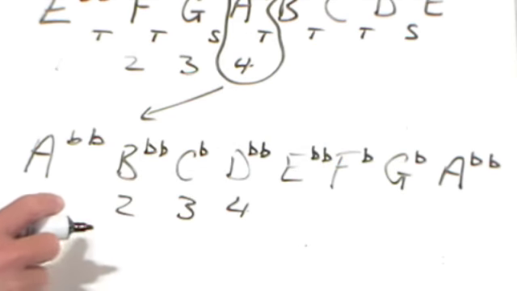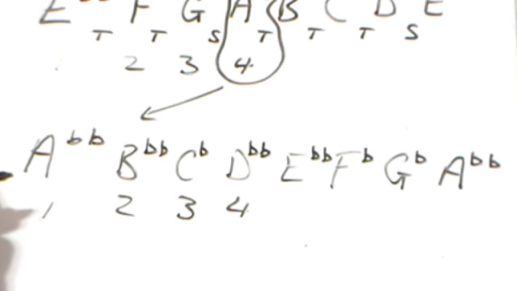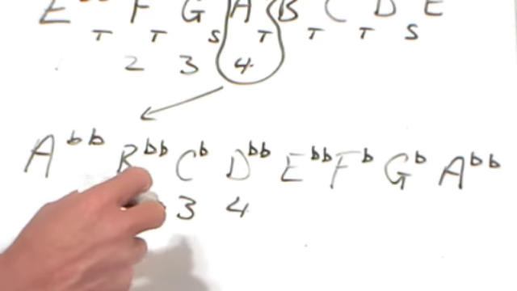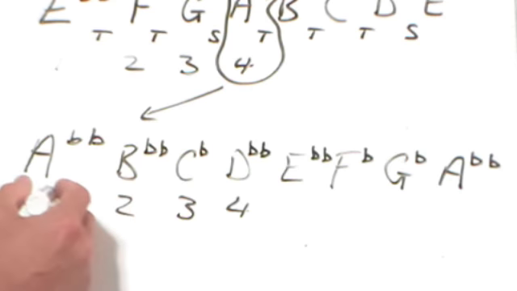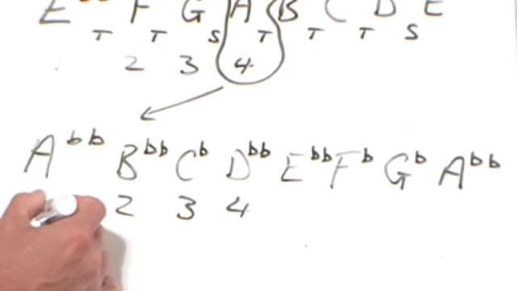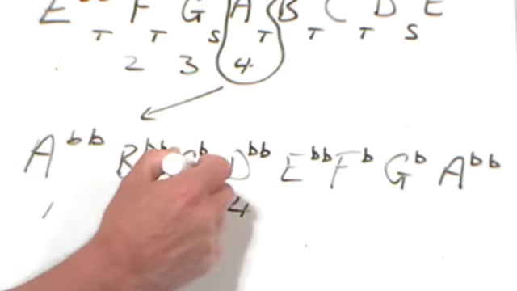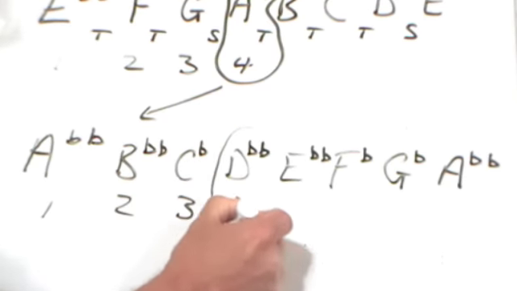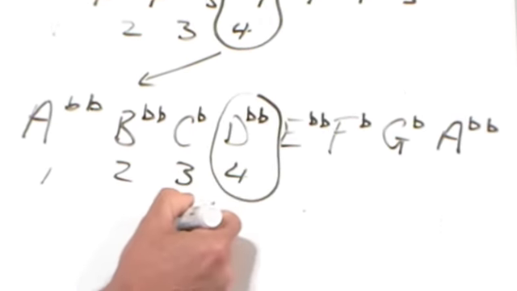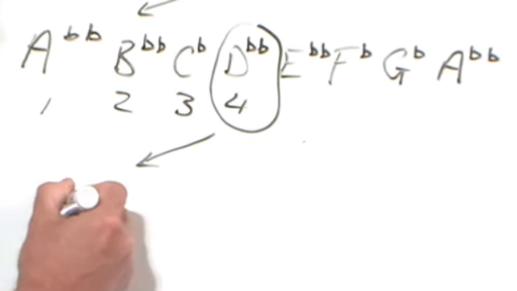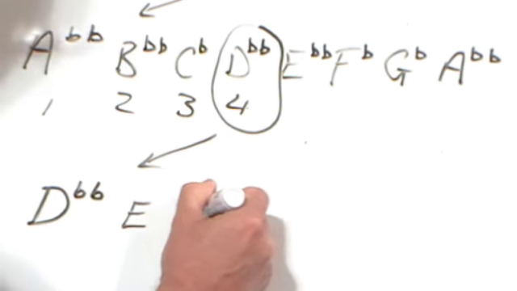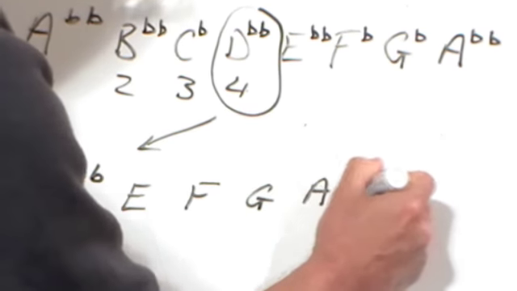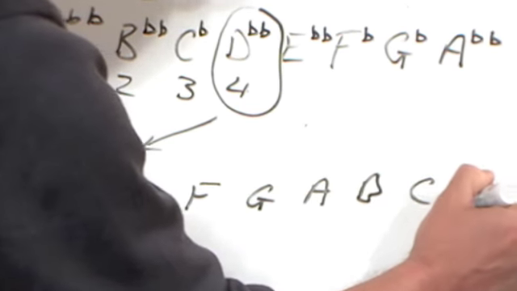Now, some of you, if you've a good memory of what we did in the last lesson, are going to guess what's going to happen next, because as this gets sillier and sillier with more of these double flats coming in, we know that it needs to resolve. So let's just take this final key here, 1, 2, 3, 4, the key of D double flat major, and bring that down. And that would look like this, D double flat, same process, E, F, G, A, B, C, D,